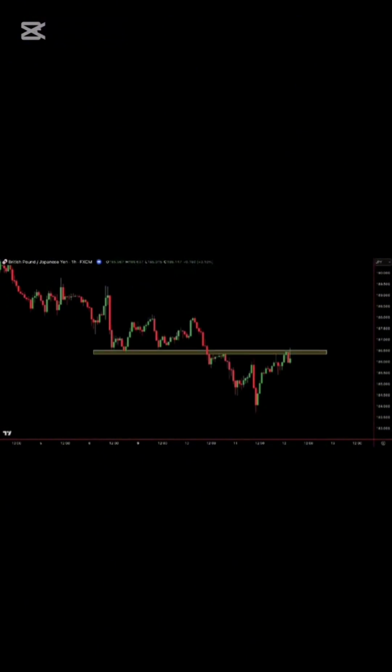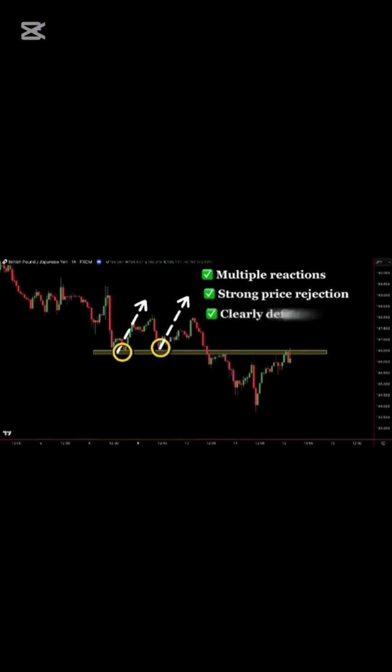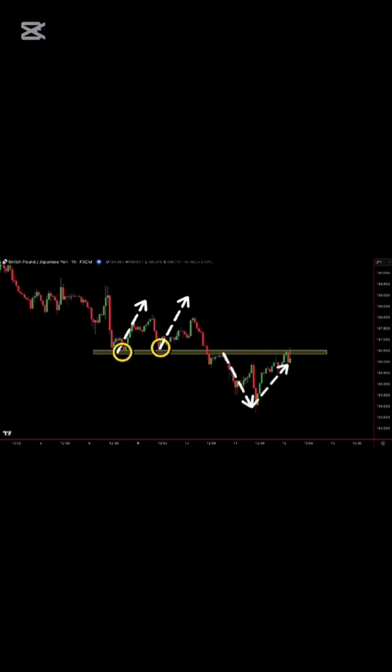Before price breaks lower, we must first identify a valid support level based on these key criteria. Multiple reactions: price has bounced off this level several times. Strong price rejection: each time price touched this level, it triggered an aggressive rally. Clearly defined zone: the level is easy to spot on the chart without frequent adjustments. Eventually, price breaks below this support, signaling a shift in momentum. However, rather than entering a short trade immediately, we wait for a pullback to confirm that the broken support is